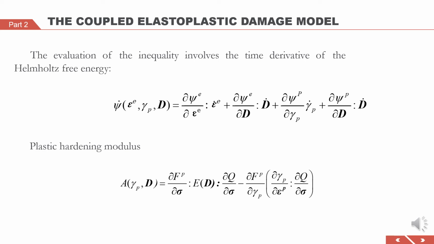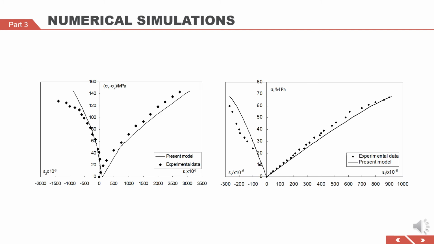The consistency condition of plastic and damage is applied in the coupled process. The damage evolution rule and the coupled plastic damage of brittle rock are conceived within the framework of irreversible thermodynamics. By comparing the simulations and the experimental data from limestone that was subjected to various loading paths, a strong connection between the numerical simulations and experimental data is therefore obtained. The numerical results show that the new model is able to describe the main features of the mechanical properties observed